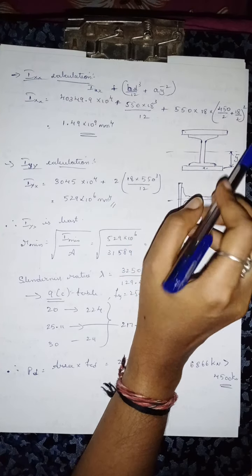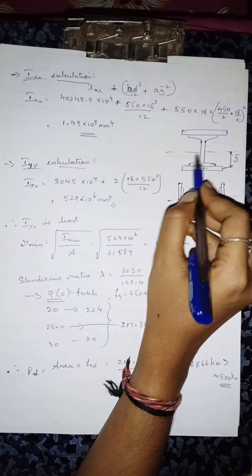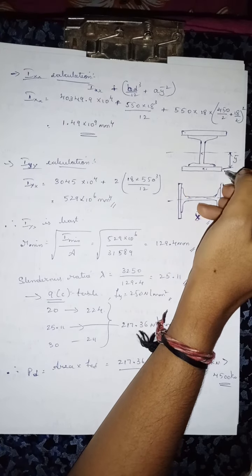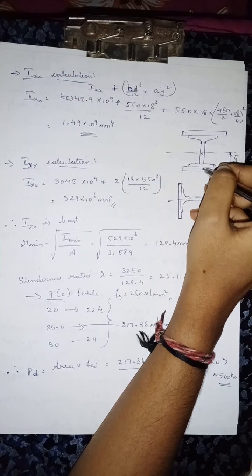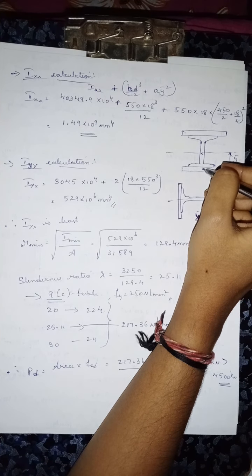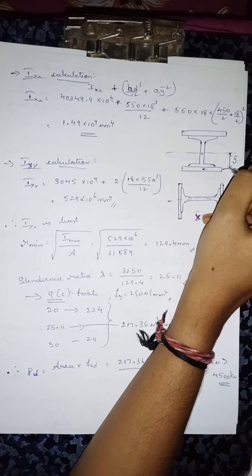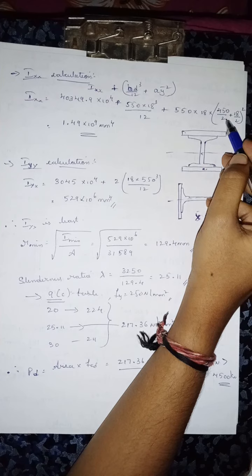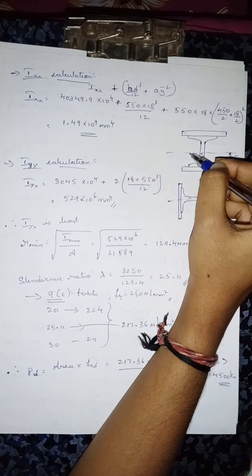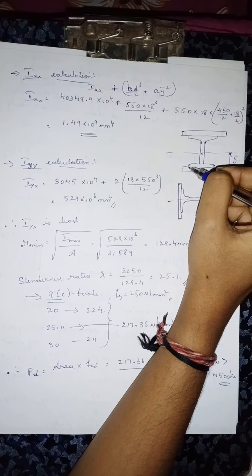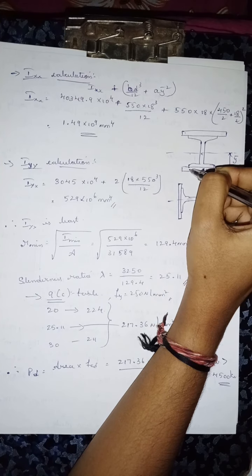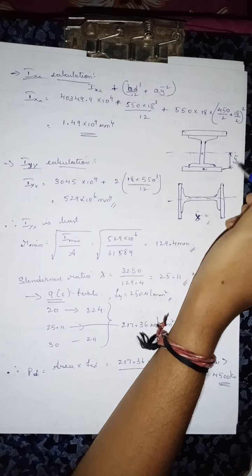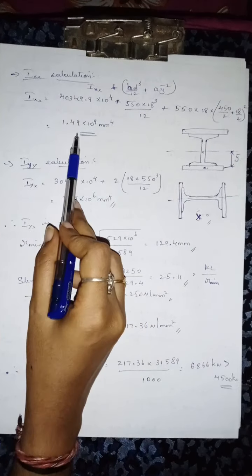Y bar is nothing but the distance from the middle of the complete built up section till the middle of the bottom plate, where we are finding the y bar. That means for the I section, 450 divided by 2 gives the distance from here to here. Next we want the middle of this plate, till here, right? So 18 divided by 2 will give the y bar distance. Calculate everything, you will get Ixx.